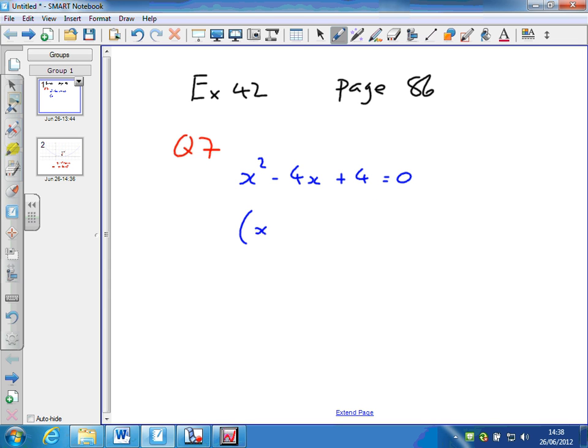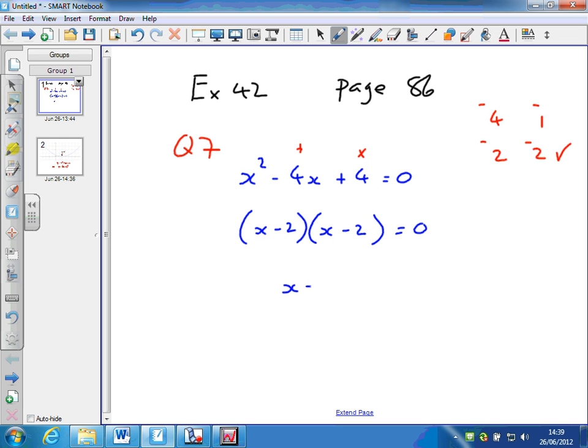So if I now take two brackets, factorize it, as usual. Now I think of two numbers that multiply together to give 4 and add together to give -4. Two numbers that multiply together give 4 are 4 and 1, or 2 and 2. I want positive 4, so it's going to be either both positive or both negative. Well, I want -4 when I add them, so the only combination is the second one, -2 minus 2 gives -4. So this is going to be -2 minus 2. Same number. So in other words, what we have here is that x minus 2